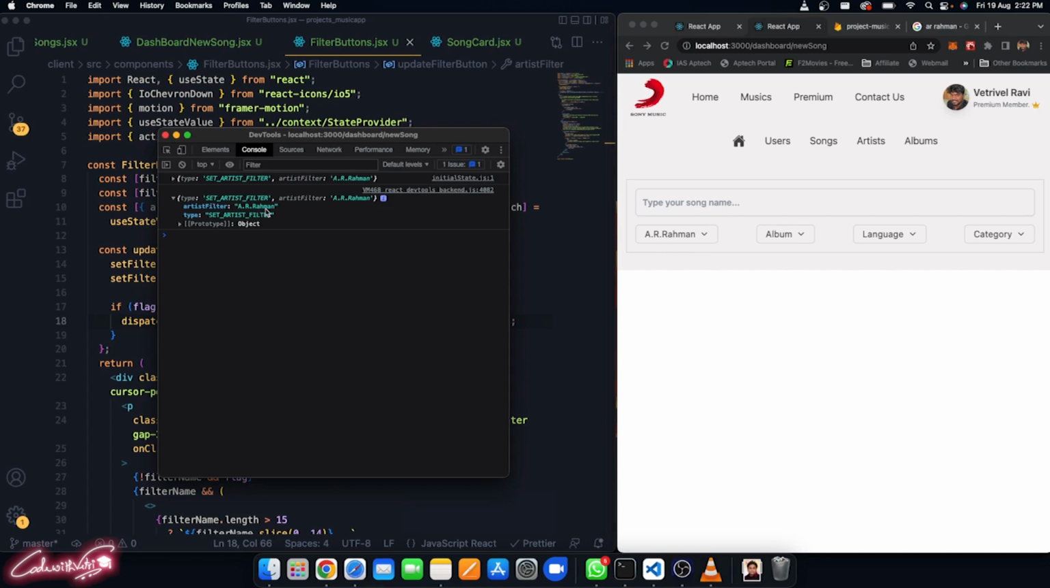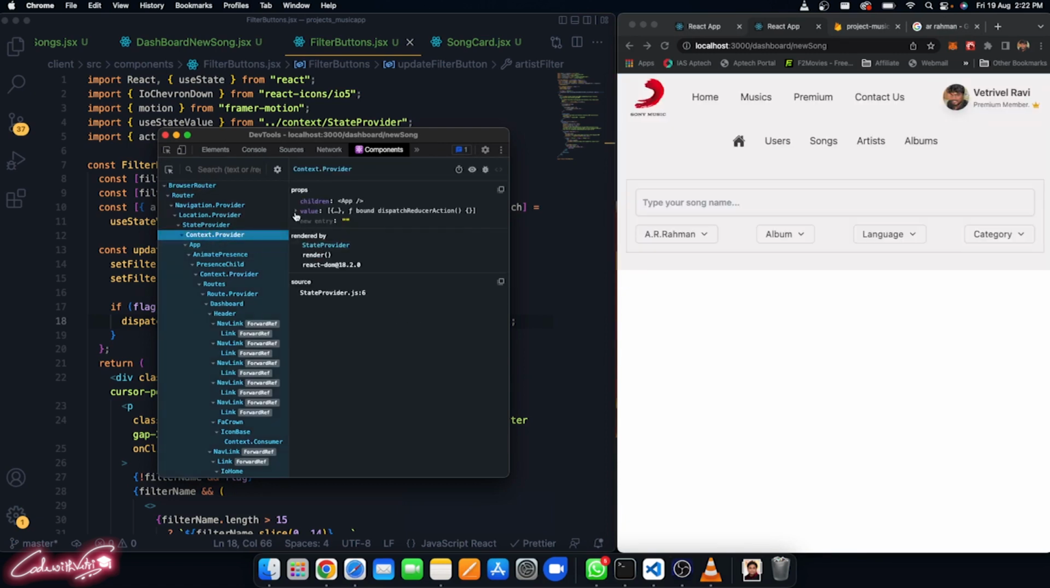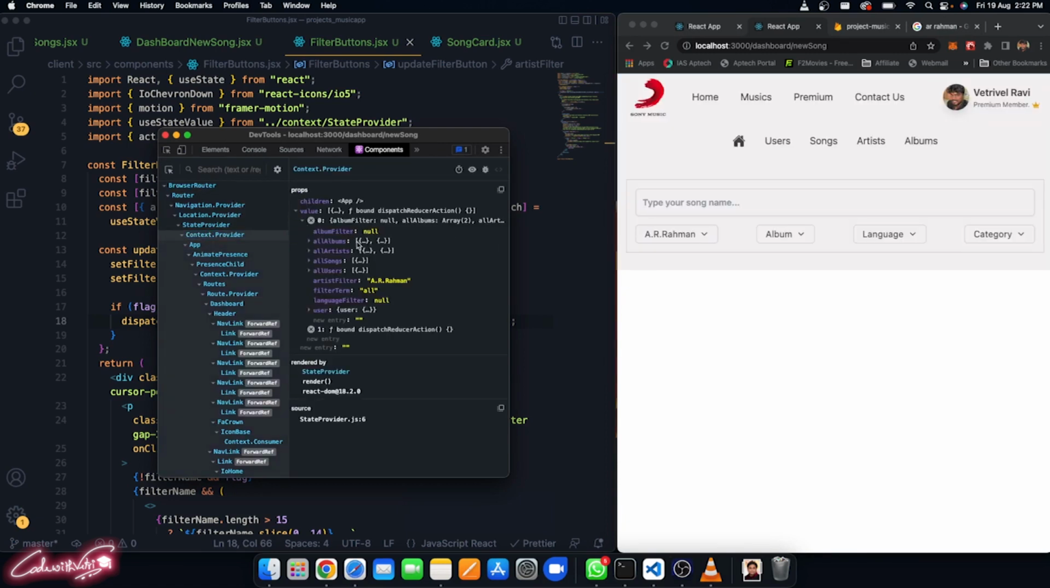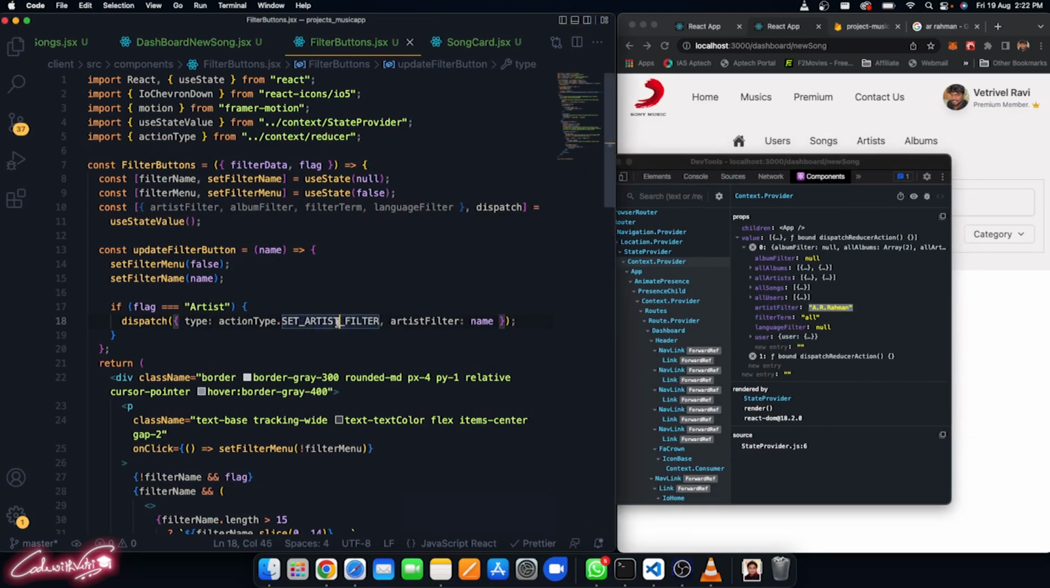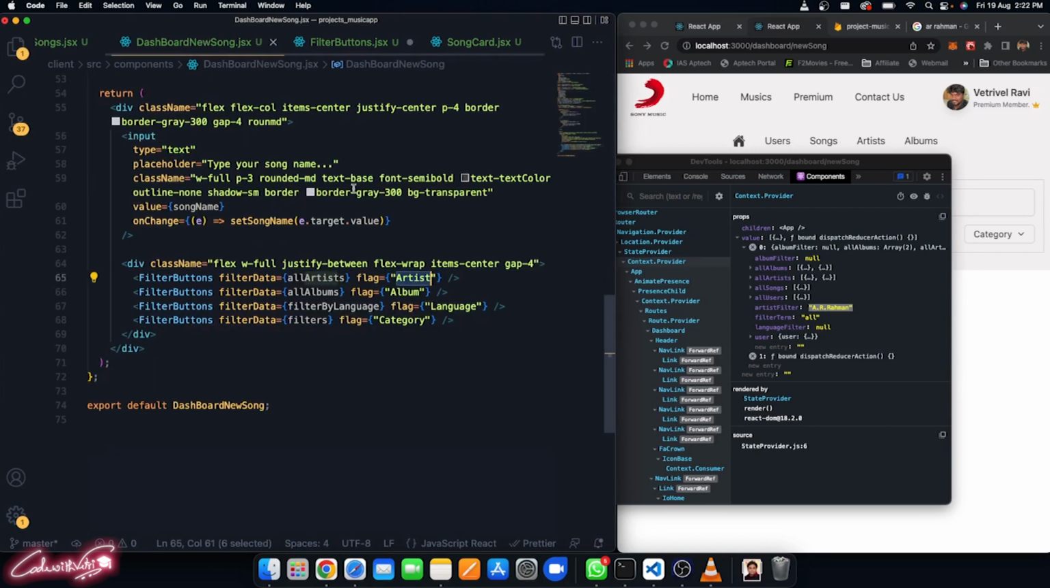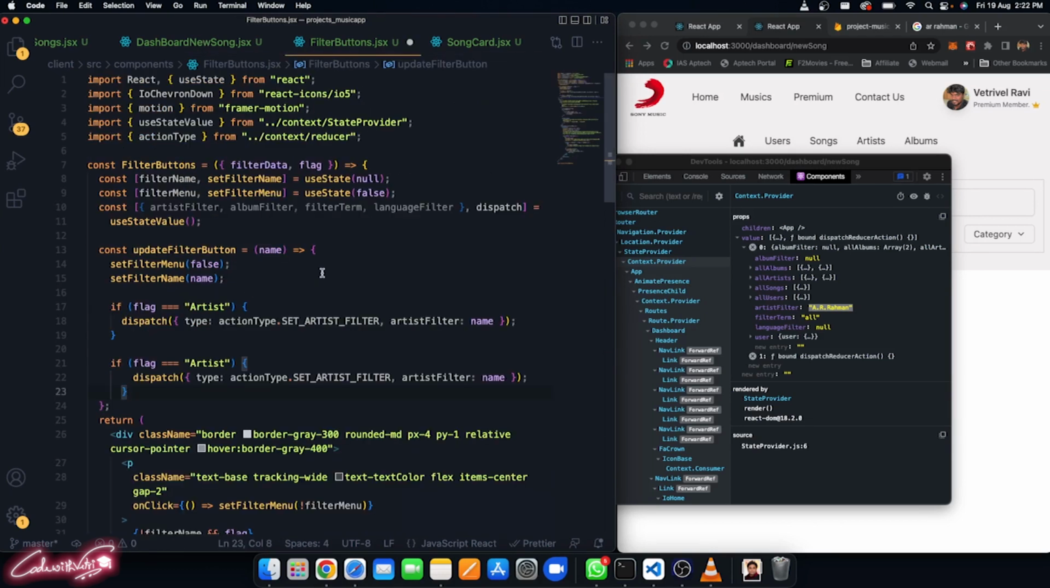So artist filter is now AR Rahman. If you go to the components and make sure whether it is fine or not, value, expand it, and you can see that artist filter is updated now. So we have to repeat the same process for the remaining stuff. So let's copy this. I'm going to replace it, and if it is going to be album, copy it, and here change this to album, and instead of this action type set artist, it's going to be set album filter,